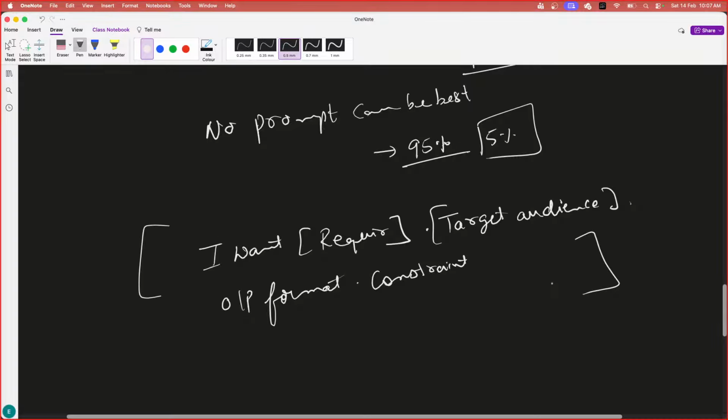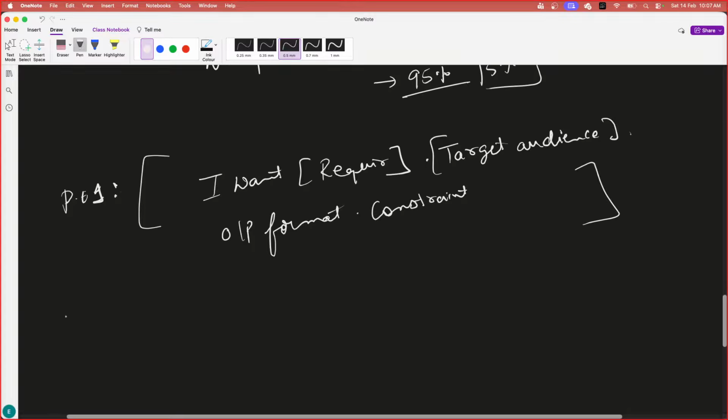So think of this as a prompt. This is the one prompt template, let me say P1. The second template, or second way of prompt engineering, is you define the system prompt and then you define the user prompt. Now let us understand the difference between the two. But before I start this,